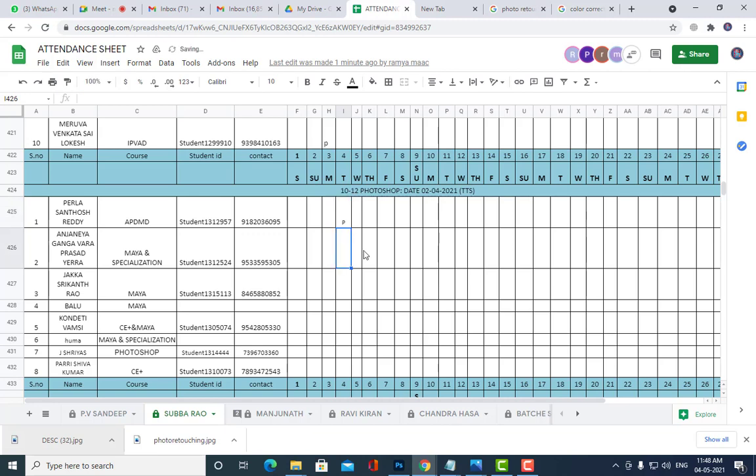Anjanay Prasad present. Jakka Reddy, okay. Srikant, Balu present. Vamshi present. Huma present. Shreyas absent. Shivakumar present. Right. Okay, so all of you try to complete the assignment.